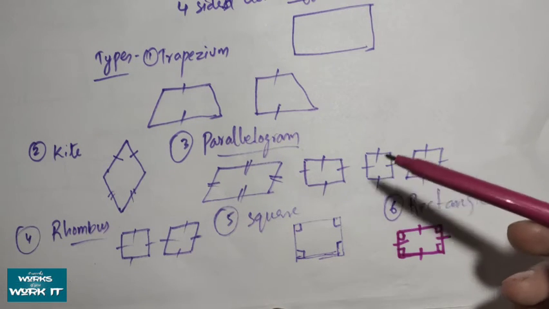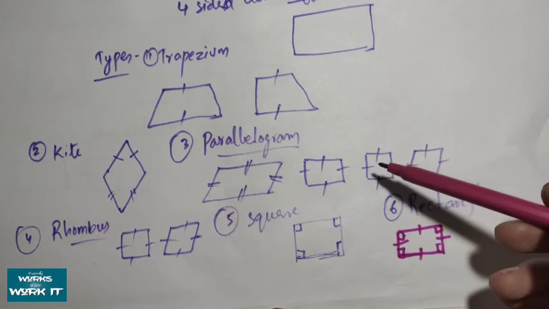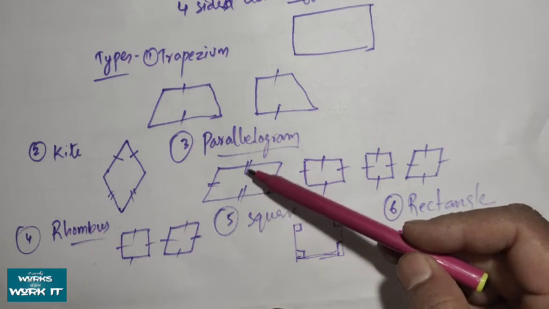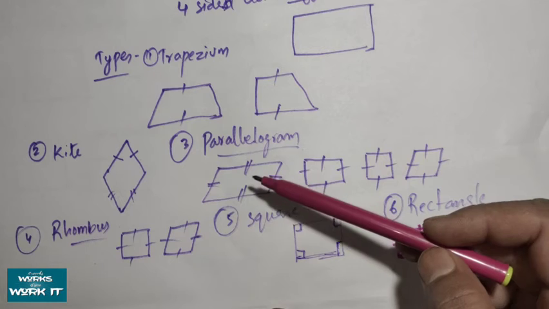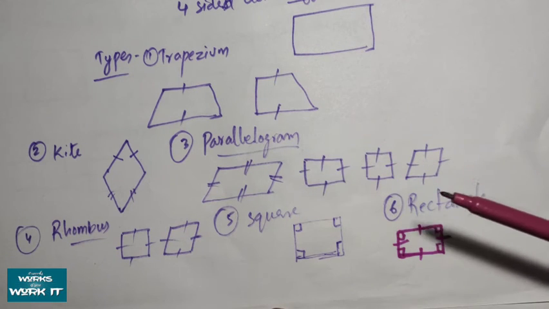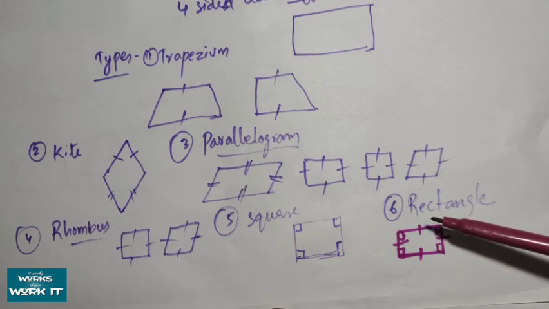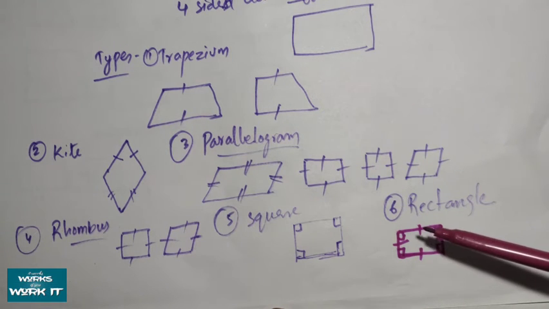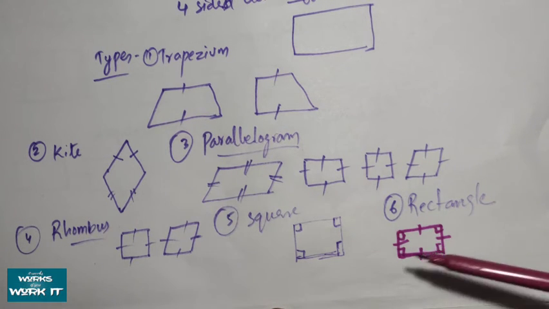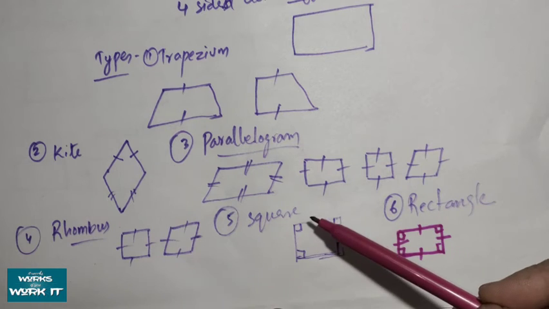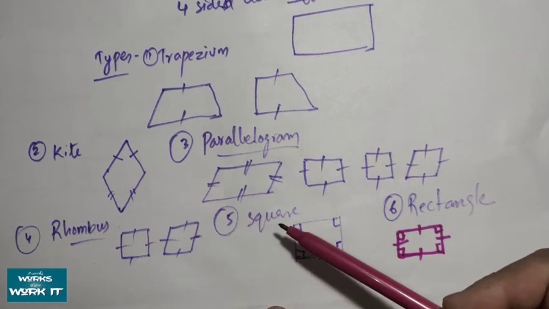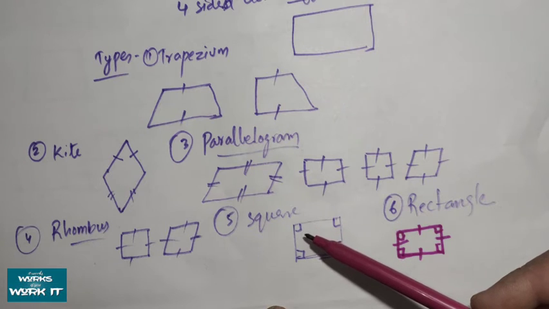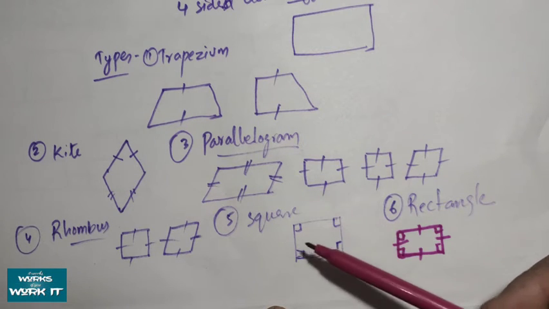This is the dissimilarity between the parallelogram and the rectangle in terms of corner angles. Here corner angles may not be 90 degrees, but if a parallelogram has two pairs of opposite sides parallel, then we can say it is a parallelogram. A rectangle has the same property as the parallelogram, but if we need a rectangle, we need to show that the corner angle is 90 degrees. In the case of rhombus and square also, all the things are similar, but only in the case of a square we need to show that they have a 90 degree angle in the corners. All the angles will be 90 degrees.